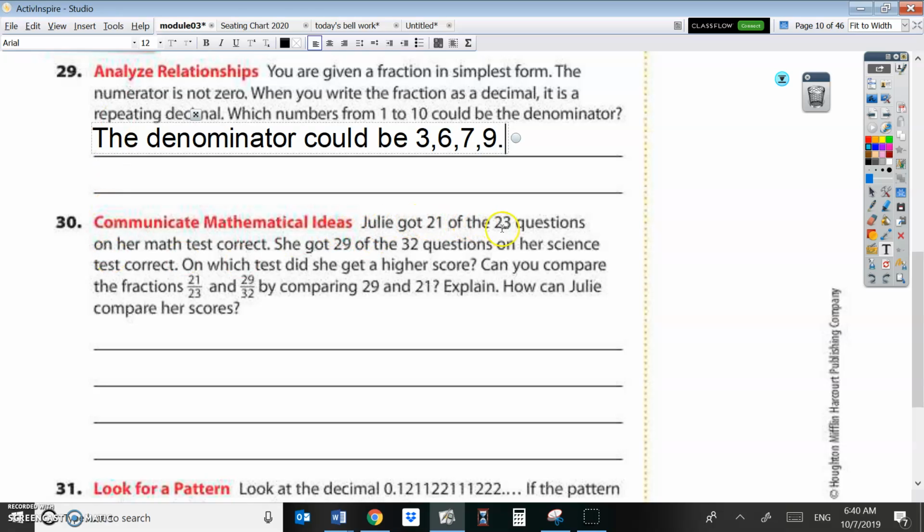Julie got 21 out of 23 questions on her math test. She got 29 out of 32 questions on her science test. On which test did she get a higher score? Can you compare the fractions 21 over 23 and 29 over 32 by comparing 29 and 21? Explain. How can Julie compare her scores? So, if the denominators are different,